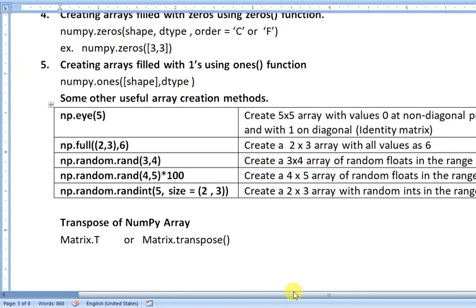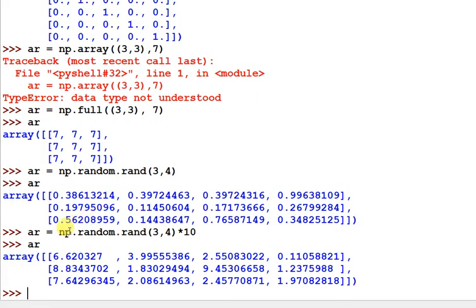Next is randint. In the previous statement we don't have the option to pass the data type, which means we cannot assign any specific data type. It always generates a float value.